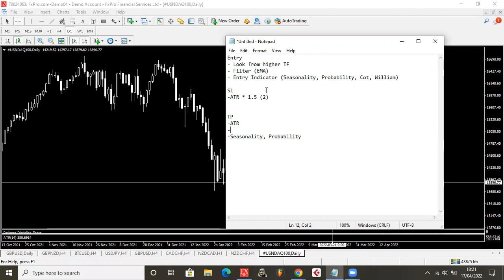TP1 is your ATR value. TP2 would be your ATR times 2 or ATR times 1.5, whichever you choose. And TP3 will be let it float. Just let it go. Just make sure that once price hits your